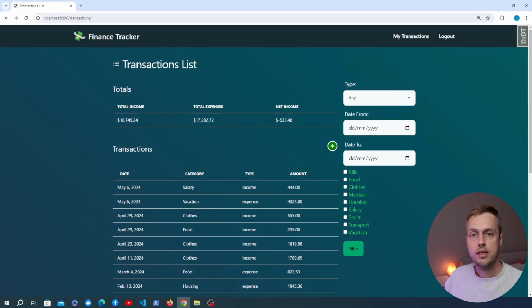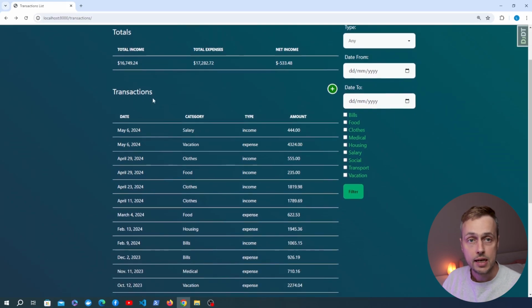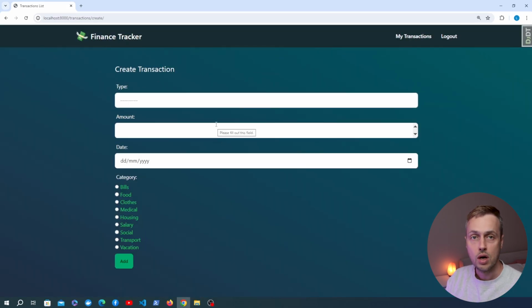In the last video in this Django and HTMX series, we added a form to allow users to create a financial transaction in this application. What we had before was a table containing all of the transactions, and we added this icon here that when we click takes us to a form